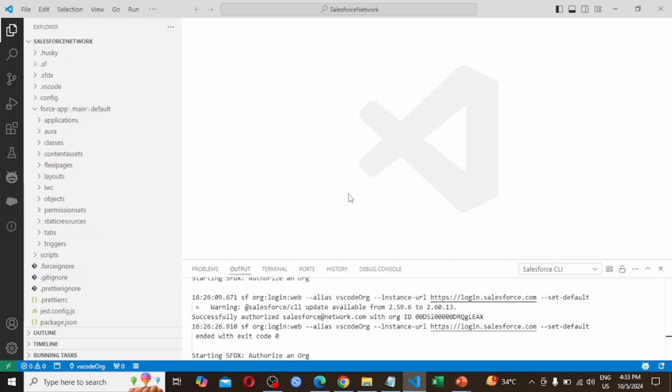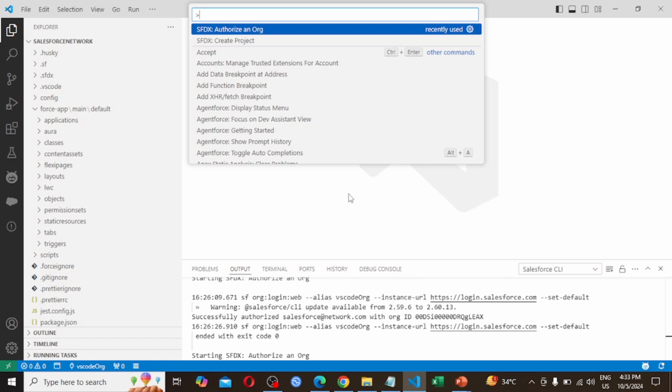For that, again I am pressing Ctrl Shift P for Windows, and if you are using a different operating system, you have to go with that one only.